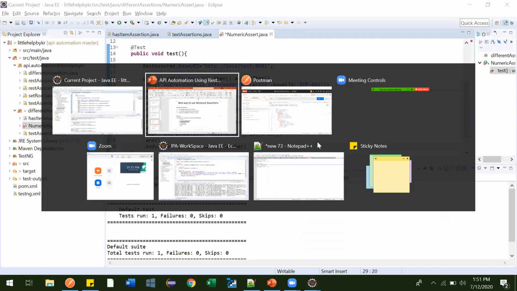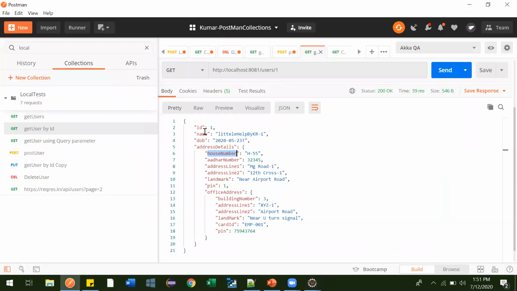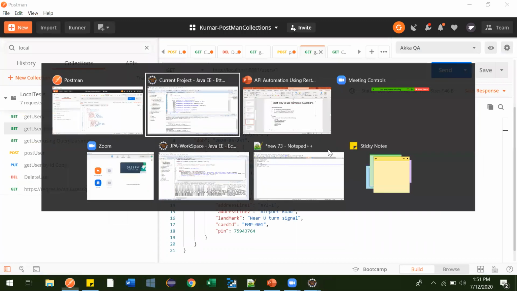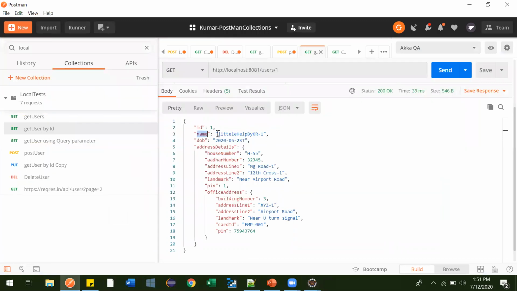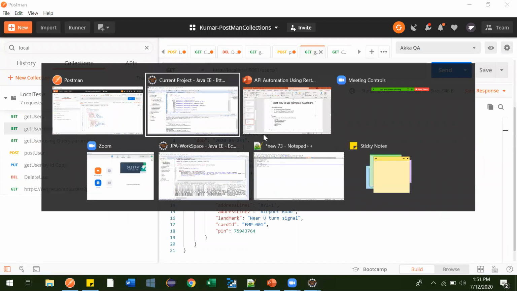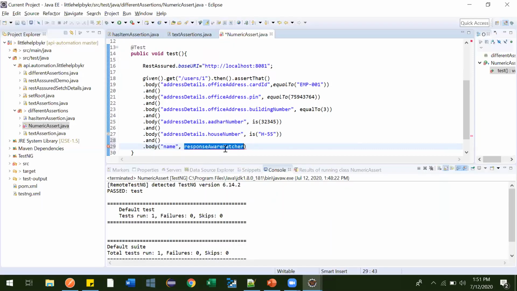Because it is directly under the root, we can just provide name and fetch the value. And our expectation is that it should be this one. Perfectly fine. Now let's run this.